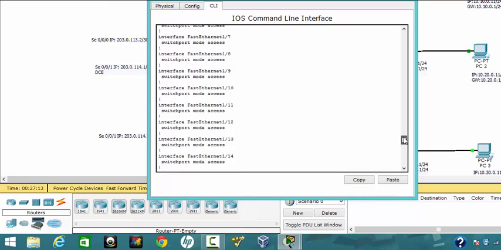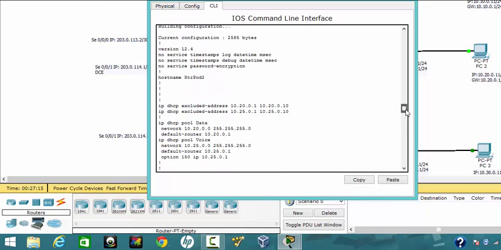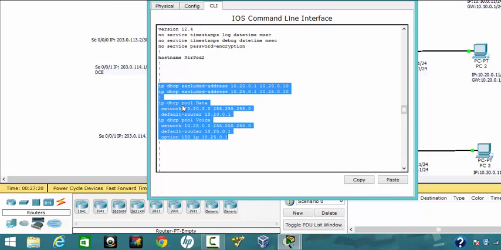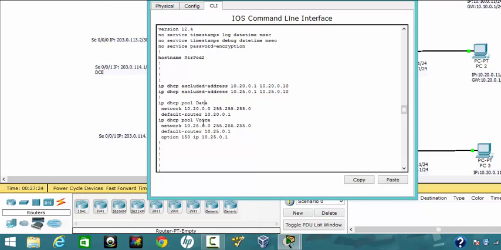DHCP pools. This is the DHCP pool for router port number 2. You have voice and data, so you create the DHCP pool for the data, and then for the voice. For the data, it is the 10.20.0.0 network, and for the voice, it is the 10.25.0.0 network. You can create another DHCP pool, here called the management pool, so you can put the network address